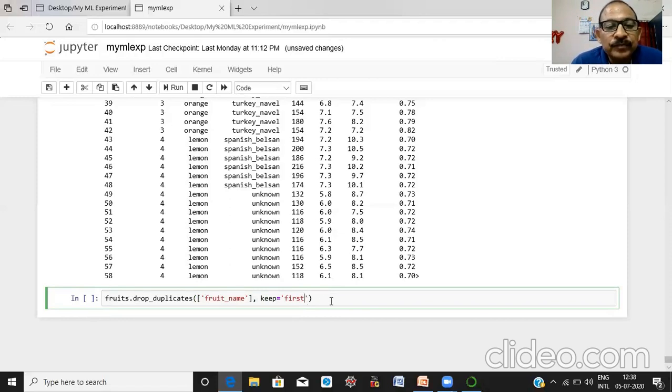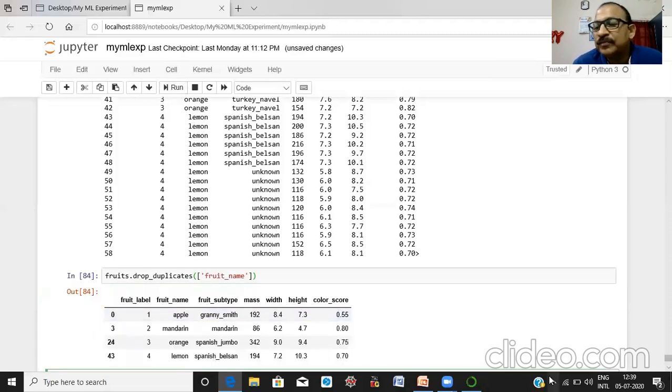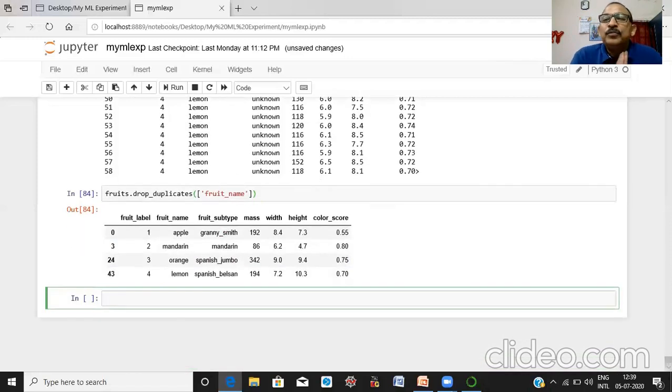Fruits drop duplicates. First, in the specific columns, let us see this first. Run it. It removes all duplicates in a specific column.